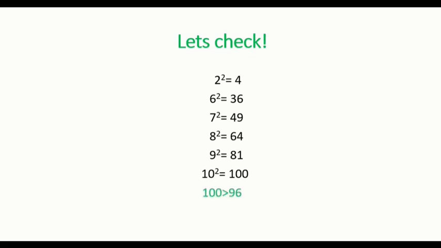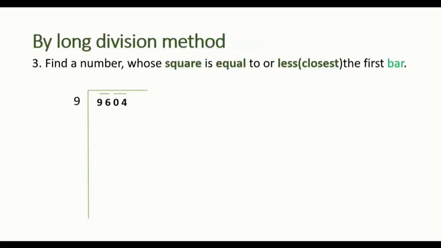So let's get back to the other number, which is 81, the previous one, which is the square of 9. So let's take up the number 9 whose square is 81, which is less than 96. So our next step would be simply putting 9 on the left as well as on top as a quotient, like we do in simple division, right? So till this, I hope this much is clear to everyone.